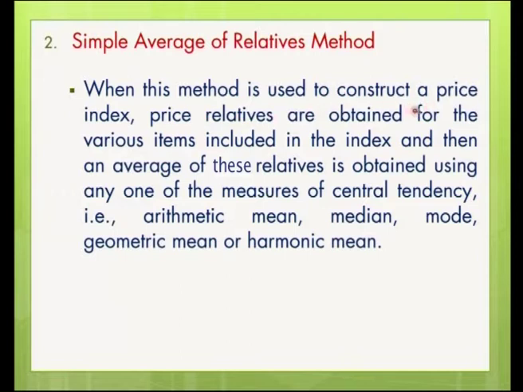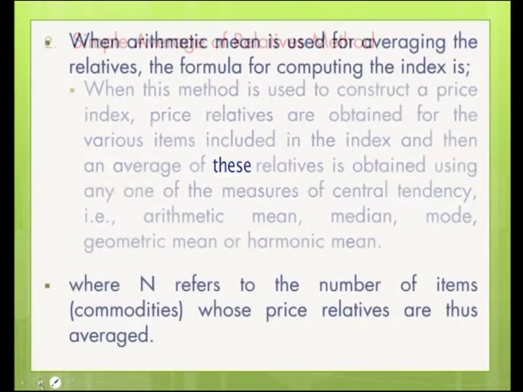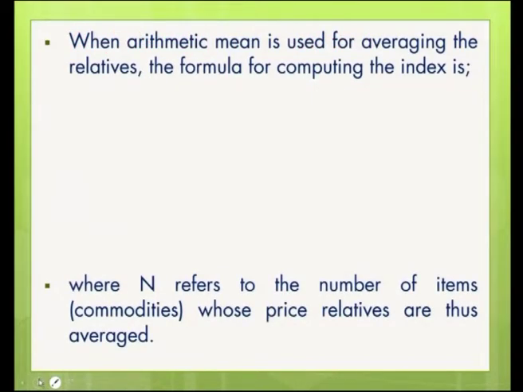When this method is used to construct a price index, price relatives are obtained for the various items included in the index, and then an average of these relatives is obtained using any one of the measures of central tendency, that is arithmetic mean or median or mode or geometric mean or harmonic mean. The use of this mean is very important, and when arithmetic mean is used for averaging the relatives, the formula for computing the index number is